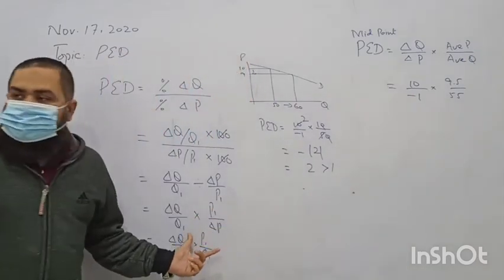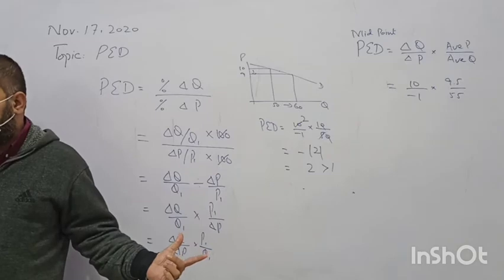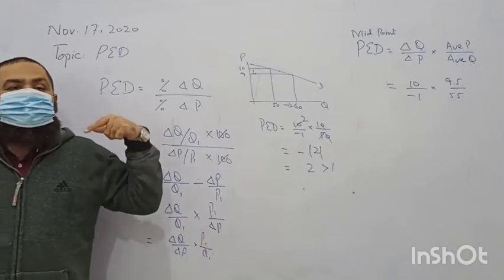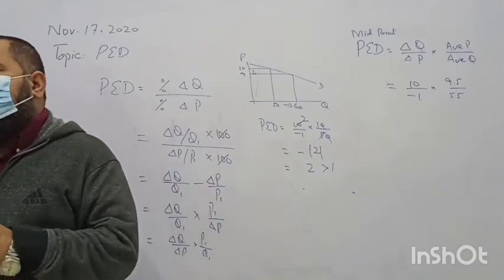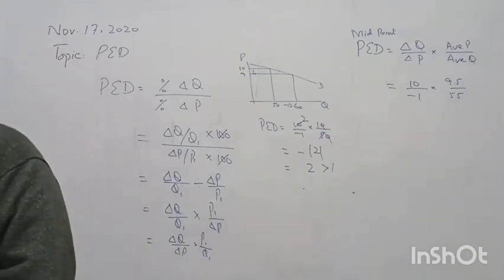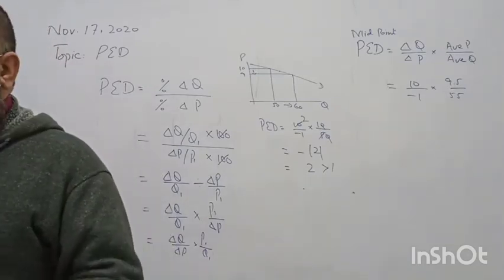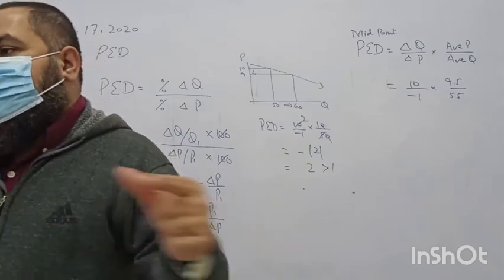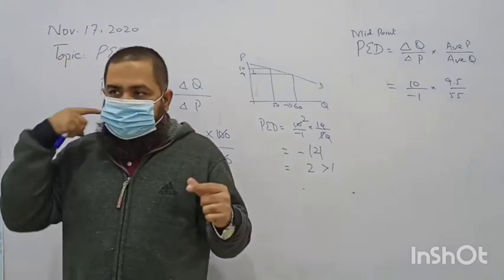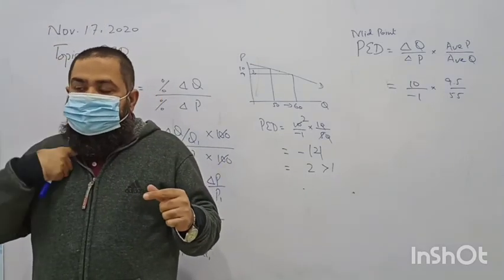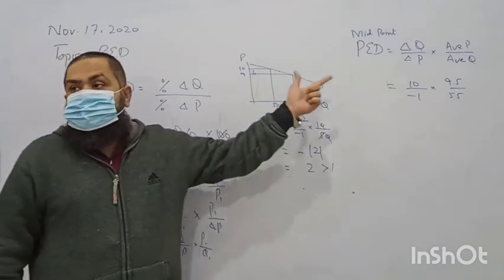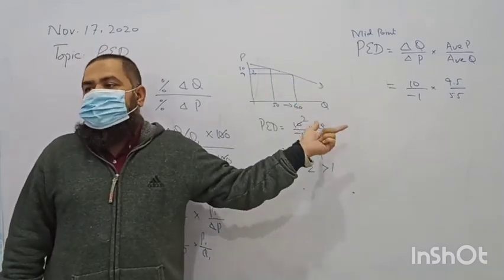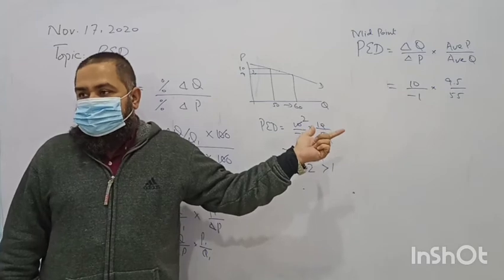Usually we use the formula from where the change has started. But sometimes in your MCQ paper it is given that the average price elasticity of demand lies between certain values. Some ranges are given in the answers. In that case you will be using this formula. This is the right one actually.